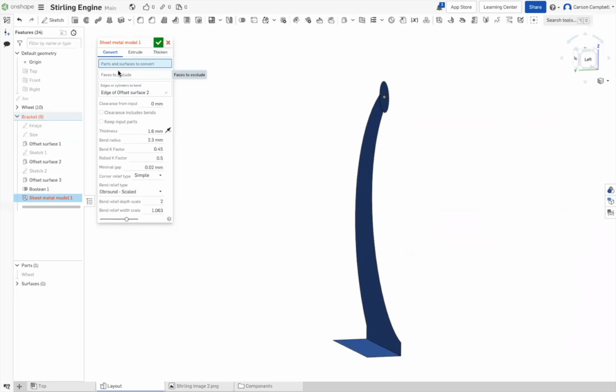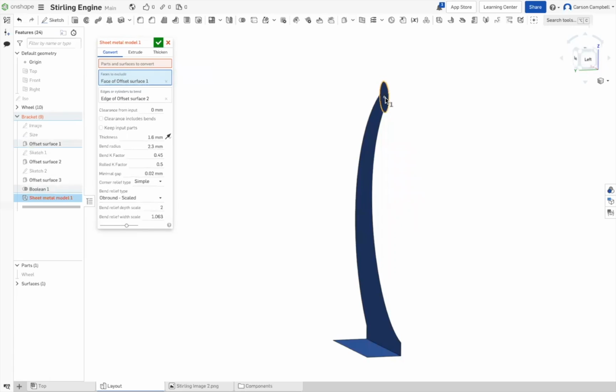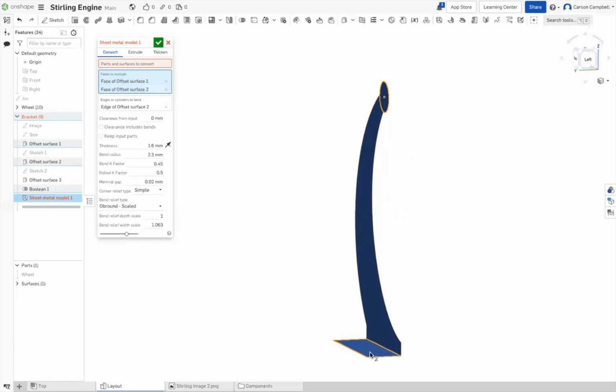Faces to extrude. Let's go ahead and highlight that. Pick the round dot, pick the round circle. Yep. Pick the bottom surface. Pick that. Okay, so that doesn't work. So go ahead and